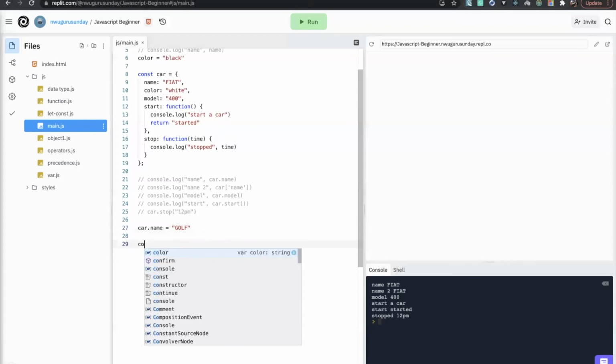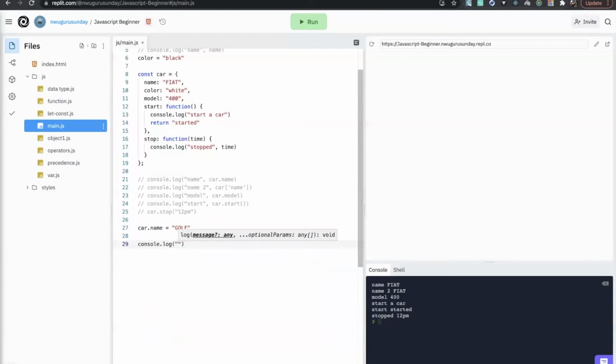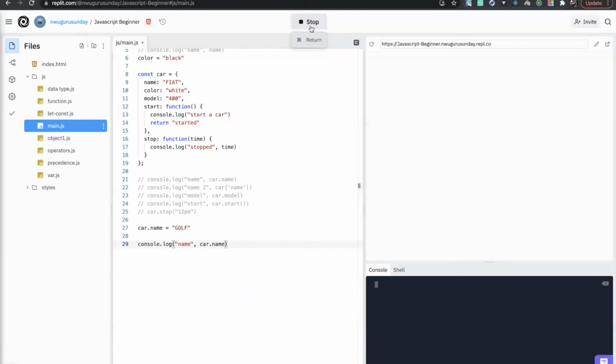So if you come back in the future to check the value of the car name right now, you see that it holds the new value, golf. Same with any property that you define, you can change it like this. You can also add a new property